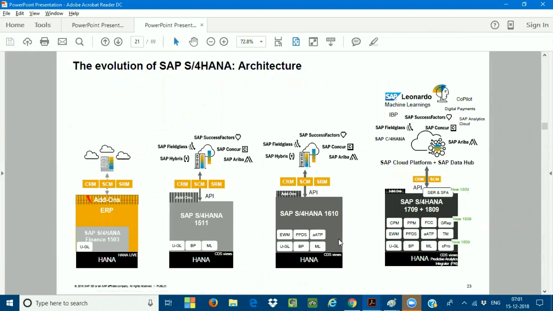Okay, now earlier this is the add-on. Earlier you had SAP S4 1503. The 1503 is nothing but the add-on, as we discussed. It is not an application. We call it SAP Simple Finance. Okay, and at the same time you are using the HANA database. Very, very important. Many people will be in confusion that